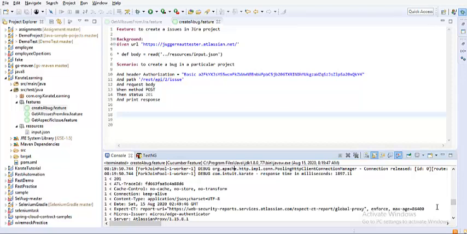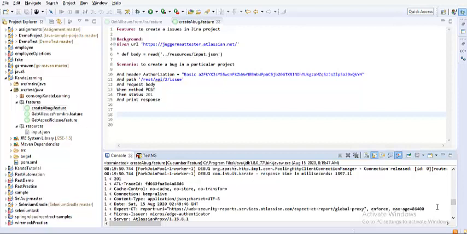Based upon your JSON message, if you have any nested JSONs, we will create classes of that particular type, and we will have getters, setters and all that, which is a tedious task. Since Karate has a good solution for us, let us make use of it. This video is only to discuss that particular feature.